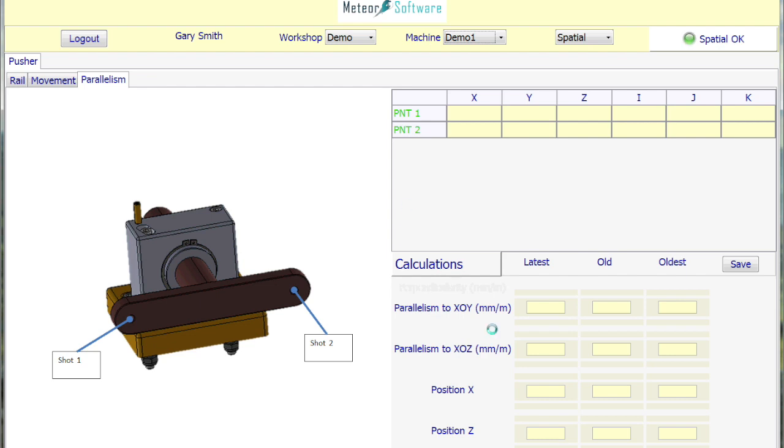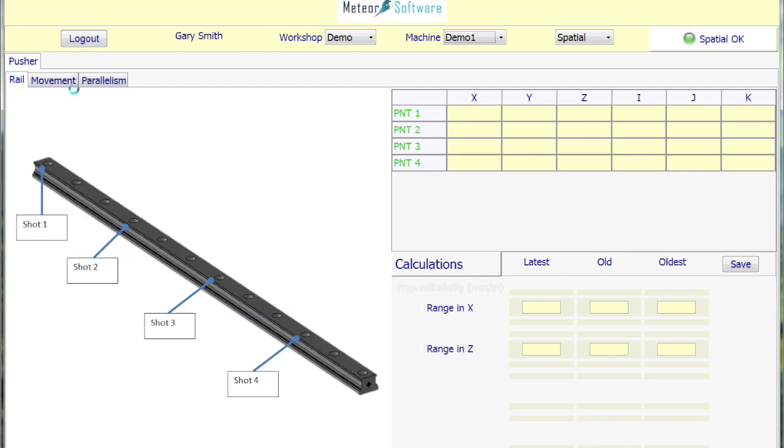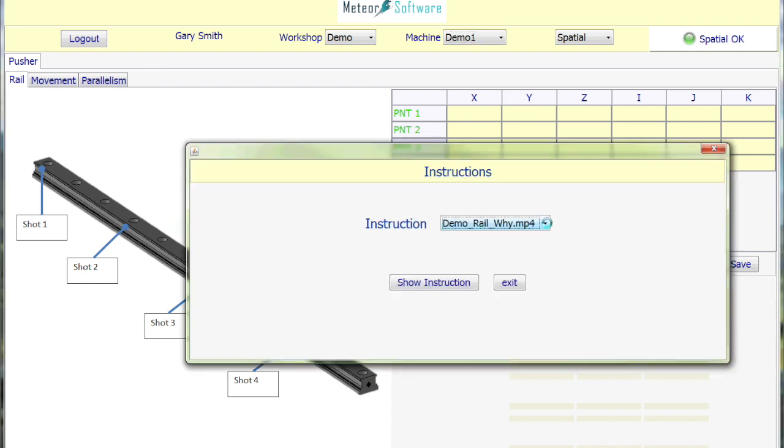Now, to find out more about what's going on, there's an option in Meteor where you can click on the image itself and you'll see a dialog box appear. If the person who has created the recipe, as we'll call it, has provided additional information, it'll come up and be made available. So if I click on the image, up comes the instructions box, and in this case there are 2 instructions that are made available. It looks like the person has created a demo reel Y and a demo reel how